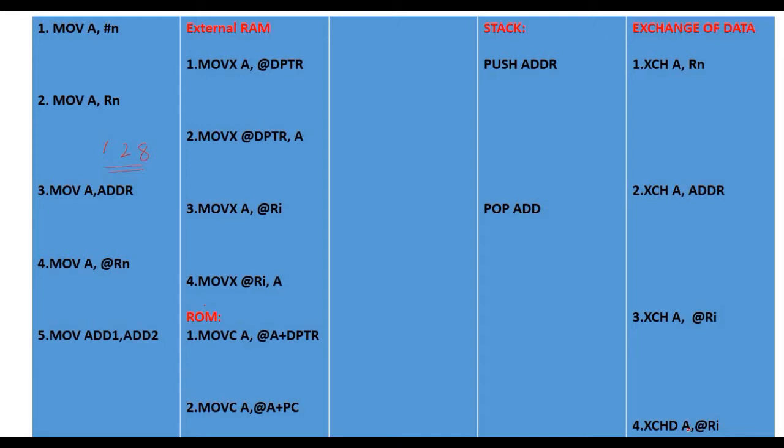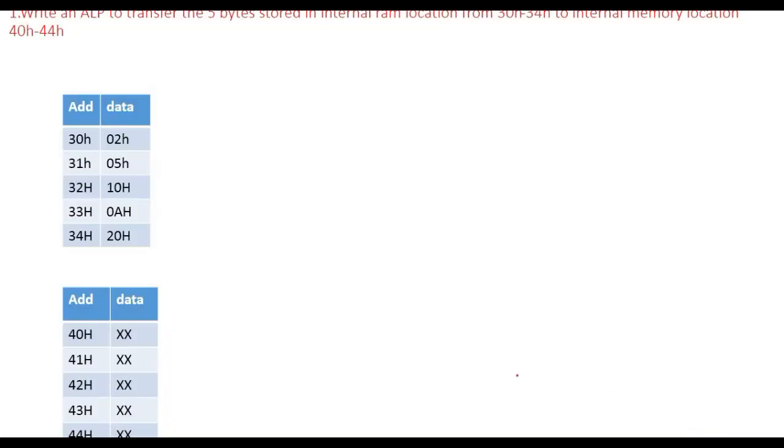Okay, now we'll move into the programs. The first program is: write an ALP to transfer 5 bytes stored in internal RAM locations 30H to 34H, to internal RAM locations starting from 40H to 44H.